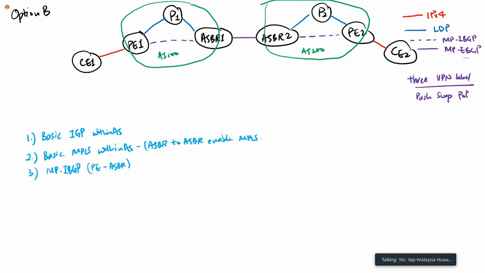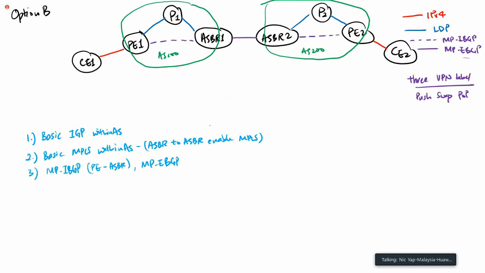So between ASBR to ASBR, we have to enable MPLS as a basic for them to be able to generate the labels. Let's say ASBR1, ASBR2 is not enabling MPLS. They are not able to create or generate the route. Okay, they're not able to generate the route between the ASBR1 and ASBR2. All right, then number 3 is on the MP IBGP between PE and ASBR, and MP